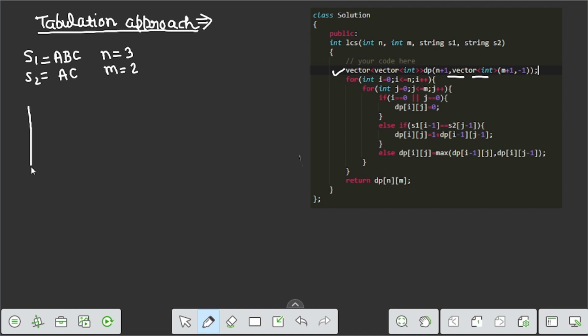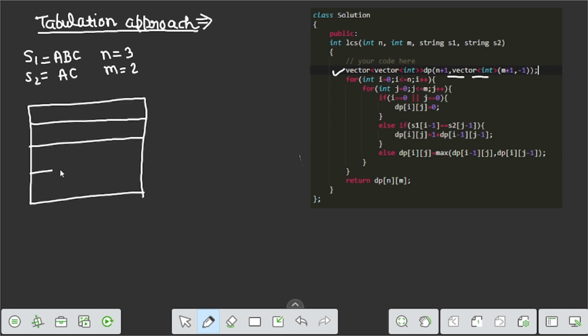So rows of 3 plus 1 is equal to 4, the rows become 4: 0, 1, 2, 3. And columns become 2 plus 1, which is equal to 3: 0, 1, 2.